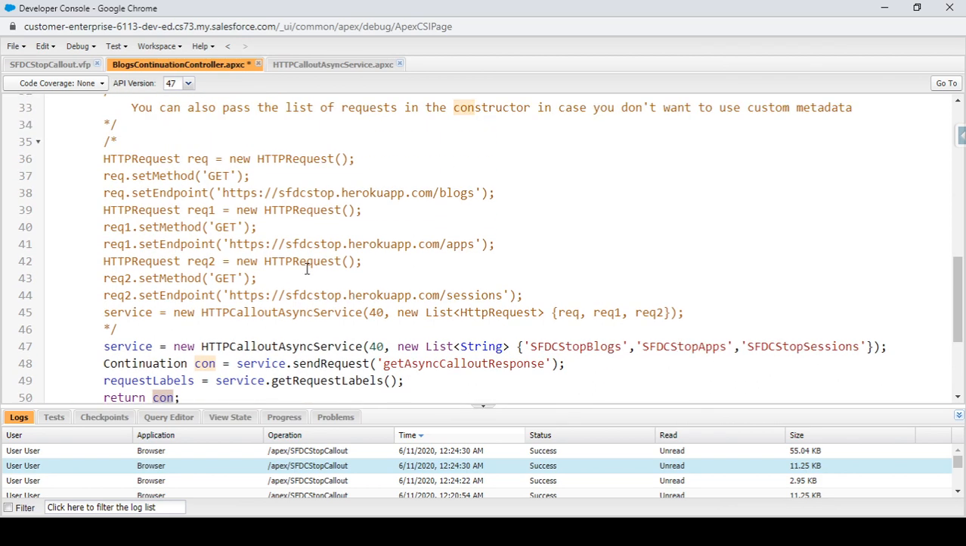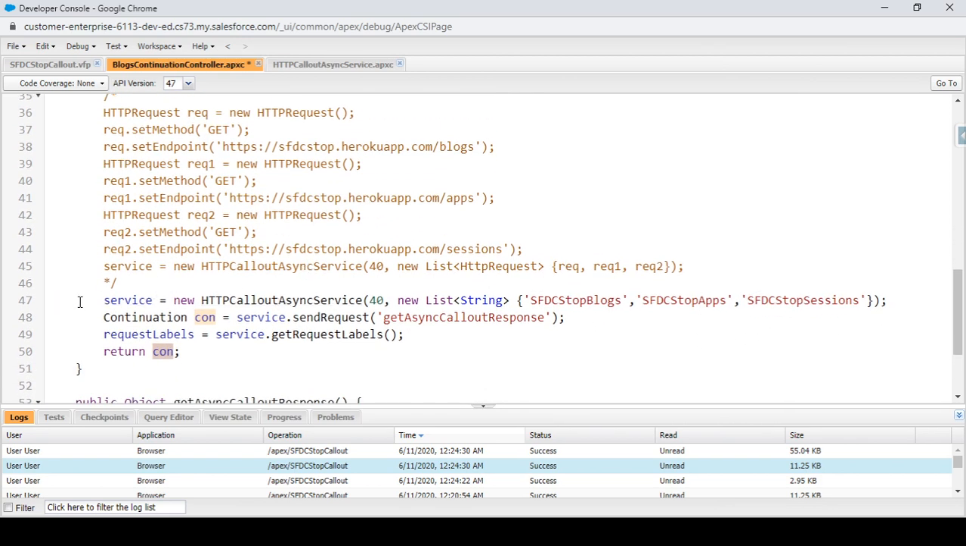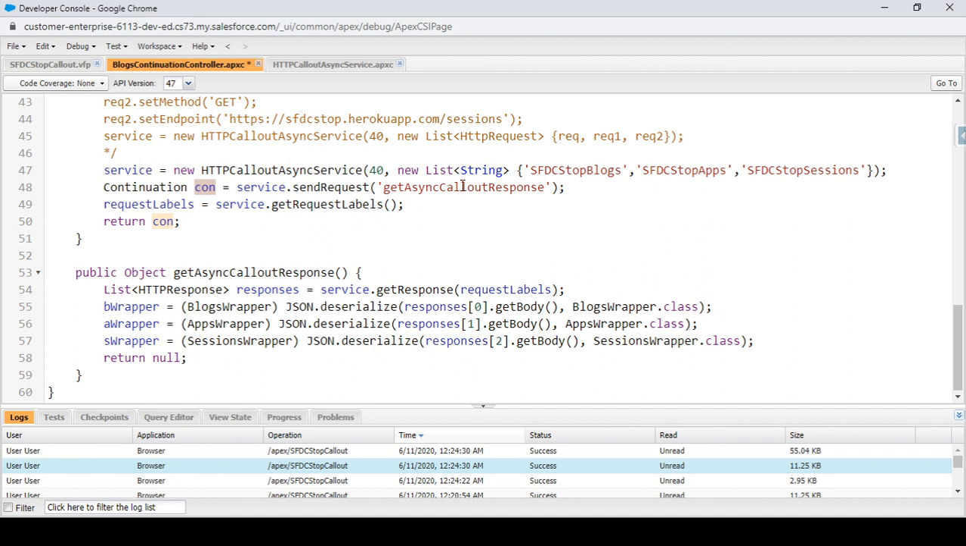And how you are getting this instance of continuation class, you can simply use the HTTP callout framework to perform the callouts, and you can use the send request method to send the request, and it will automatically return you an instance of continuation class that you can return from this particular method, right? Okay, so we actually specified that, hey Salesforce, you can send a request using the metadata that I have defined, and